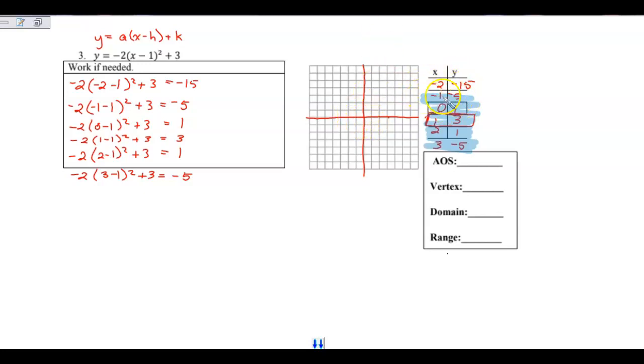Plot these points. I'm going to plot negative 1, negative 5. Negative 5, 1, 2, 3, 4, 5. 0, 1. 1, 3. 2, 1. And 3, negative 5. So you'll notice this time